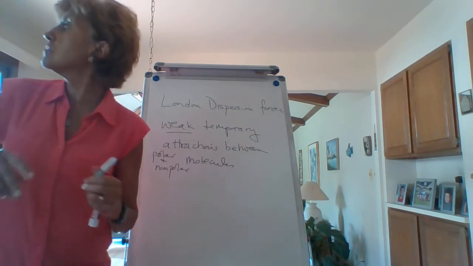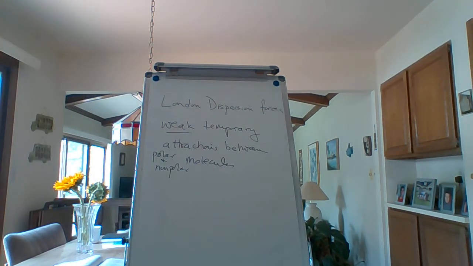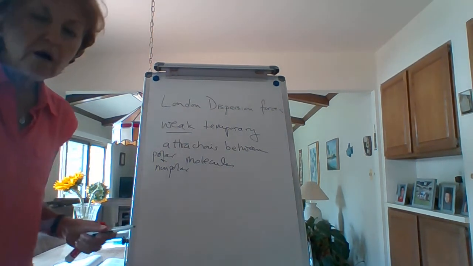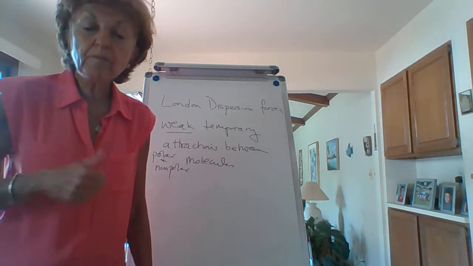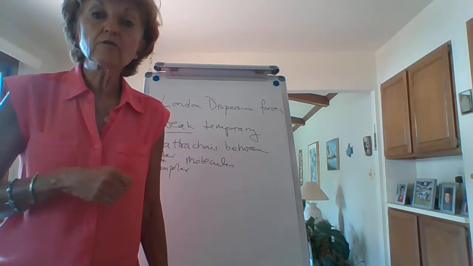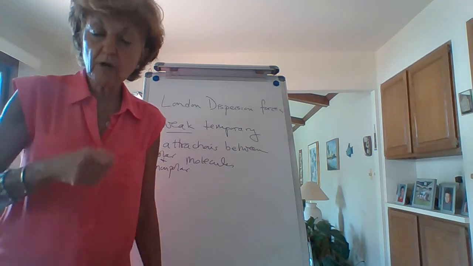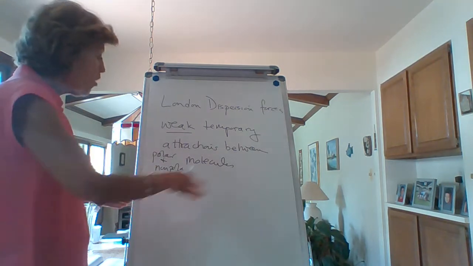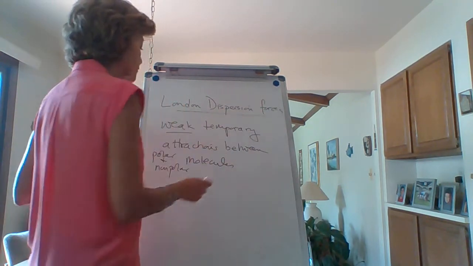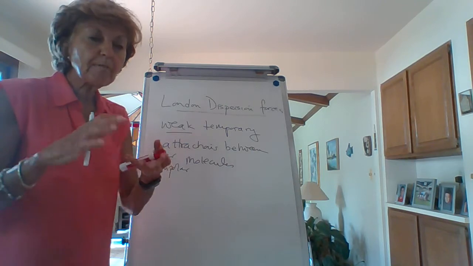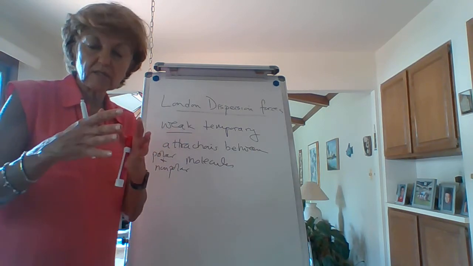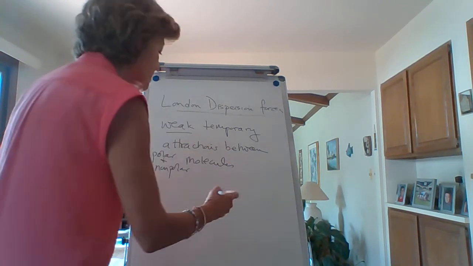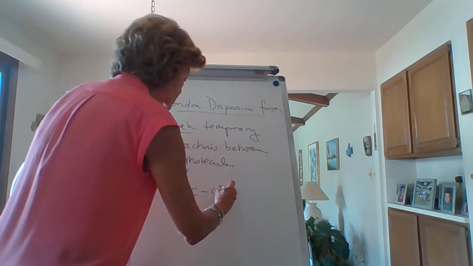Polar molecules can do dipole-dipole, all polar molecules, but polar molecules that have a hydrogen bonded to FON can do hydrogen bonding. But nonpolar and polar, all of them can do London dispersion forces. And these are temporary imbalance in charges. So basically, the way I look at London forces is you